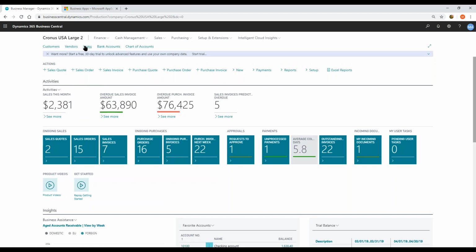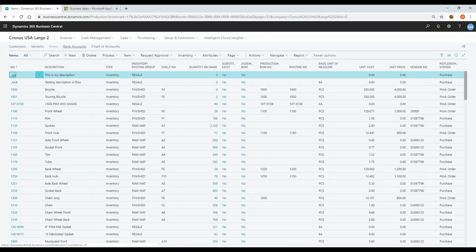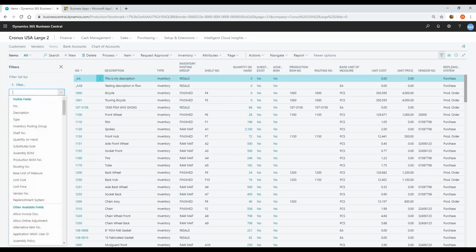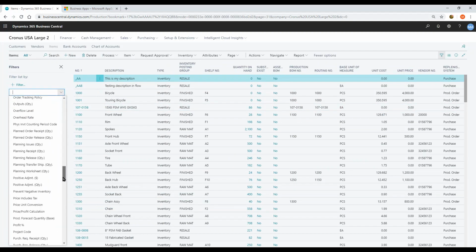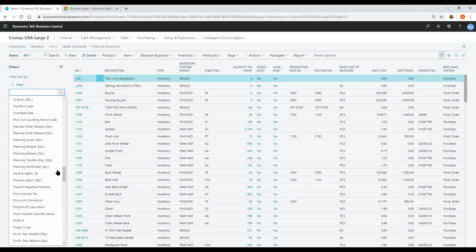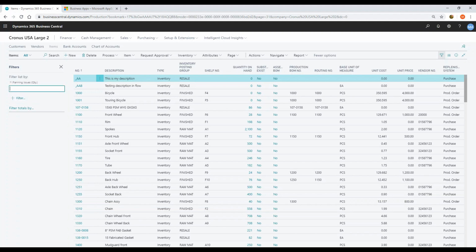Yeah, so if you look at this view, I didn't show you a list view, but this is a list view for items, for example. So I have the ability on a list to not only search, but I can set up advanced filtering. So if I say show advanced filter, I can filter based on really any column. In this case, I'm on an item, but I can filter on any column, including calculated columns like quantity outstanding, dollar value sales, whatever it might be. I also have the ability then to actually save this list so that it shows up in my list of available views. So it's not smart list, but what I would say is it's smart list like in terms of